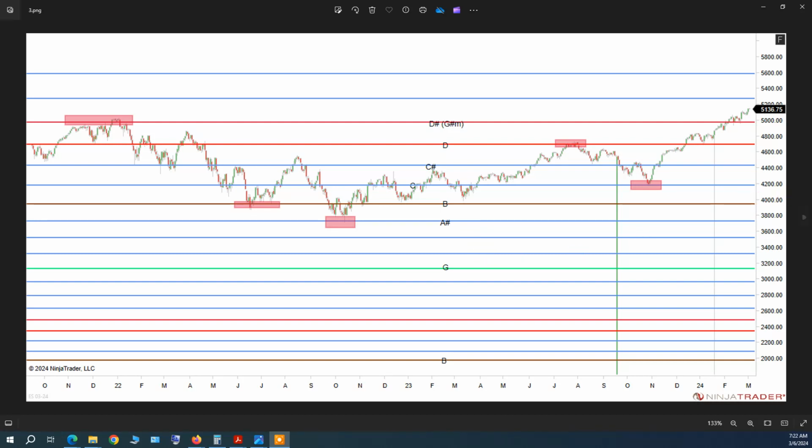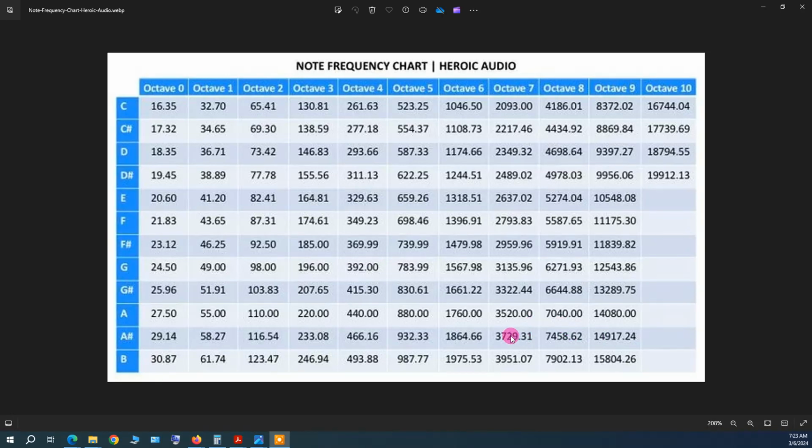There's another thing you can do here. I'm going to give a little bit of a clue. Let's say you want to create a time cycle off of a significant high or low. Let's just say we want to take the low of this A sharp level. So let me bring in the frequency chart. So that A sharp tone, there's the A sharp on the left. That A sharp tone of that low was at